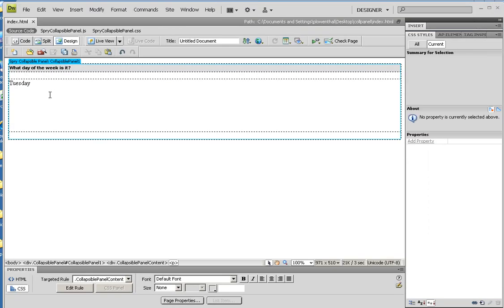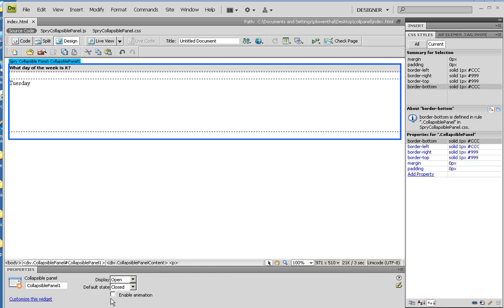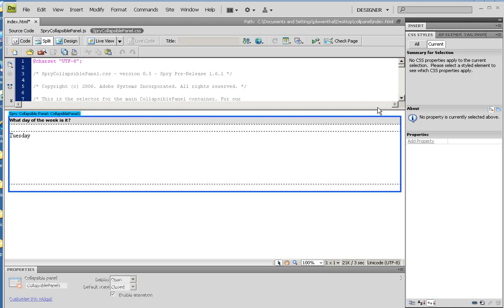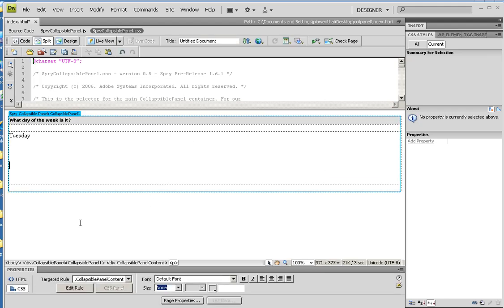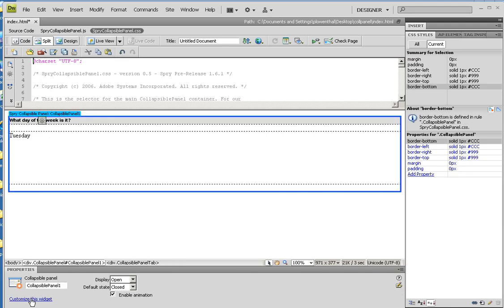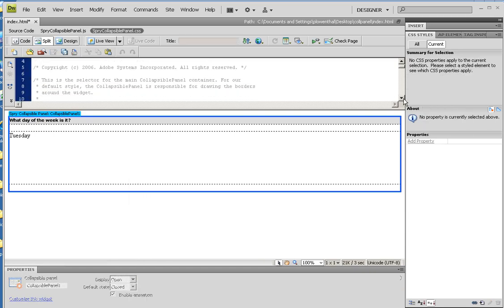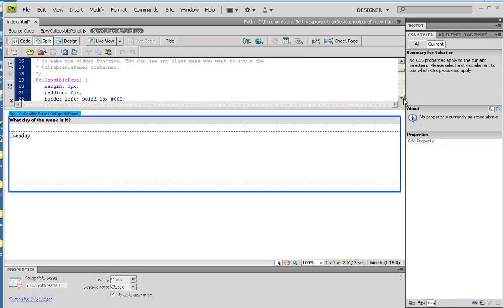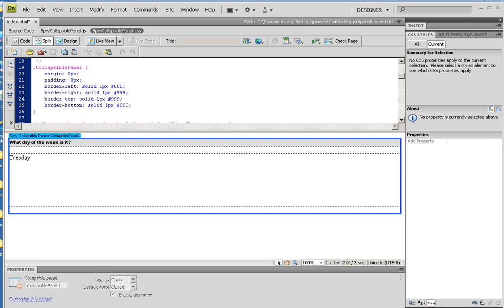So the other thing, I'm going to click back on this. The other thing that you can do is you can play with the styles of this. So you can click on this and start scrolling down. And in fact, if you ever are on these Spry elements, be aware that you do have this option down here to customize this widget, and it'll bring you to a website that explains what all the different things mean. I find that if you read and if you go down and just play with it, you can get an idea. And so I can look at these different options, and I can start looking down,